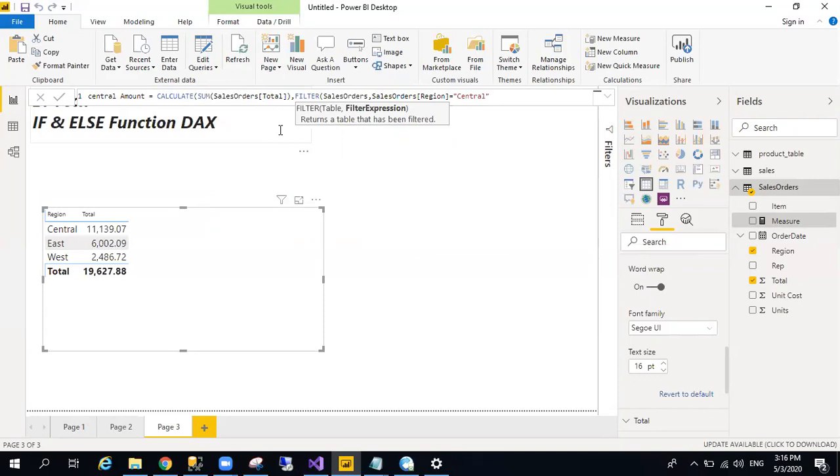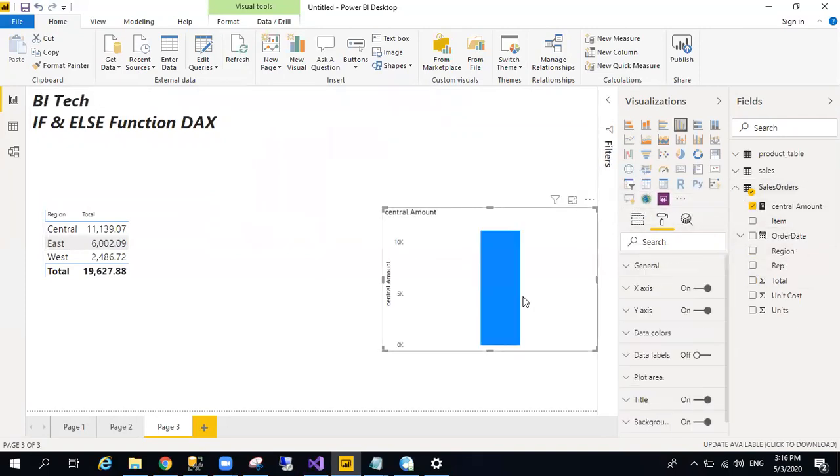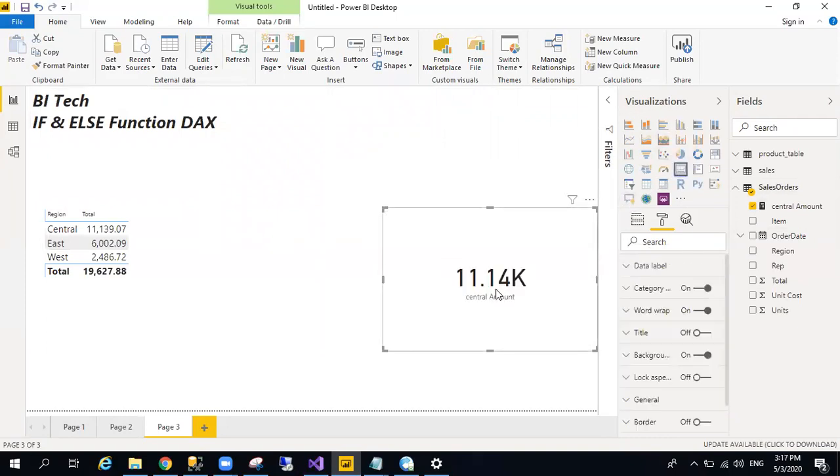I'm copying this for the east amount. So the central amount measure has been created. I'm putting and moving it on the tile card.